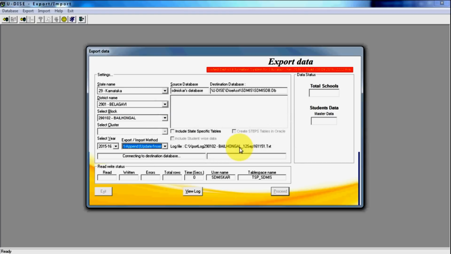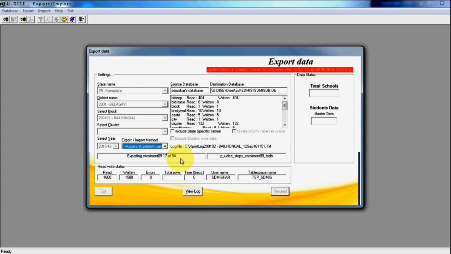Click on Yes and it will start transferring the data from Oracle to the independent utility database. This is now transferring the udice data from the Oracle database to the SDMIS independent utilities database. It will show the processing: how many files read, how many records read, and how many transferred.